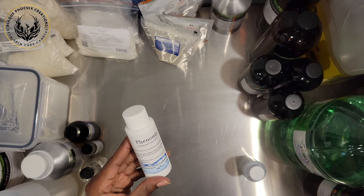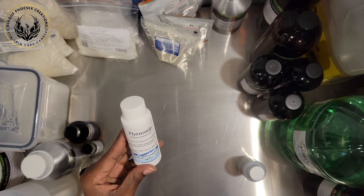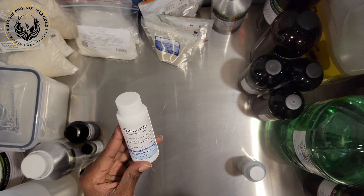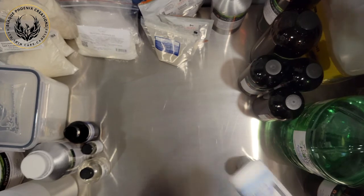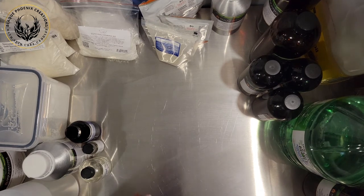So the usage rate they said for this is 0.3 to 0.5 it looks like, and then this is added at 30 degrees Celsius, so I will only add this at 30 degrees. Now other things you can add, and I'll show you one because I'll be doing 2 formulas today,